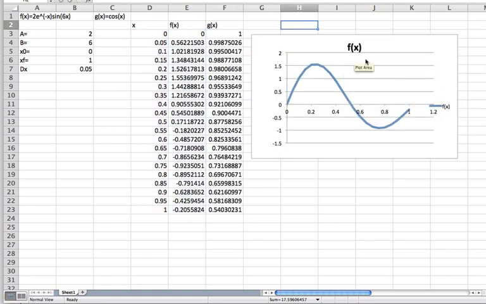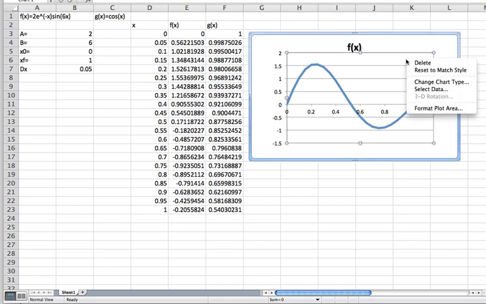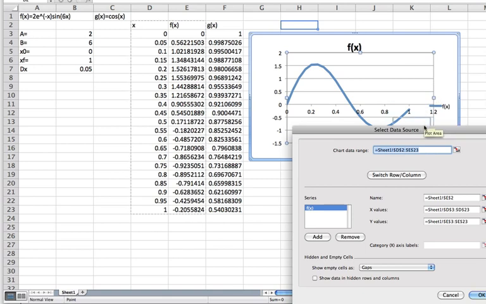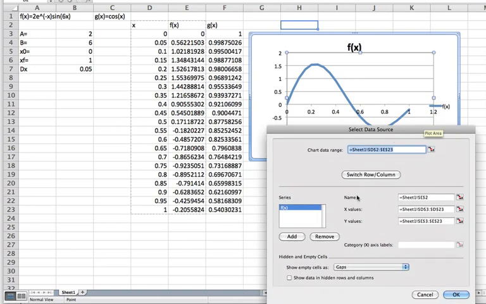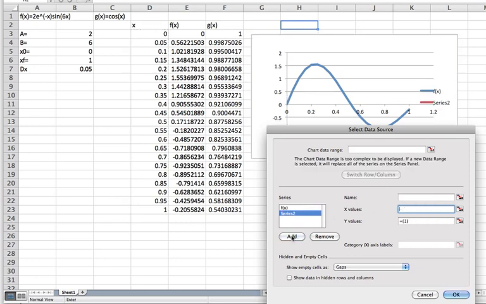So what we do is we either right click or control click and go to select data. So here you can see we have the existing data. Here are the x values, and they're in entry D3 to D23. That's the x values, and the y values are in E3 through E23. That's these guys, so that's all correct. So now, we could modify these if that's what our goal was, but let's add instead a